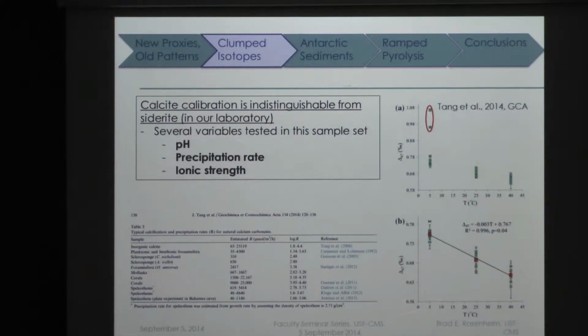And these are some details on my postdoc's calibration on calcite. And this was a very interesting data set because we had all laboratory grown calcium carbonate that was at a wide variety of precipitation rates that are kind of indicative of all the rates in nature that we know of. We had a range of pHs and a range of ionic strengths, so varying between fresh water